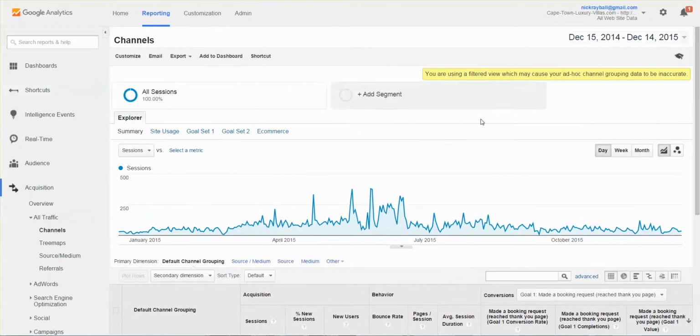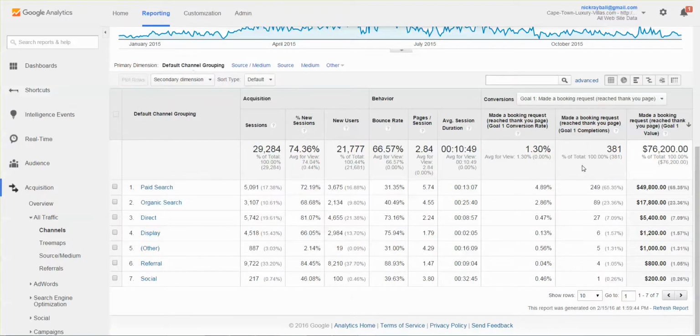Here we're moving to a different time span. We're now looking at 15th of December 2014 to 14th of December 2015. We paused Google AdWords on the 15th of December for a month, so if we're looking through things, we need to not look at that month, otherwise it will not give us proper stats. We can see here paid search